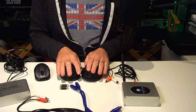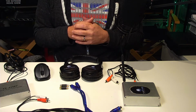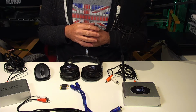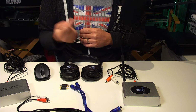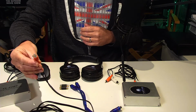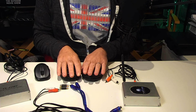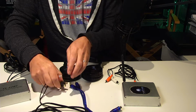So what I'm going to do here is go over a quick setup of exactly how we set the LED screen with the laptop to play. So the sound, instead of going into our audio system, we were just taking it straight out of the laptop using a simple headphone adapter to this. Now we wanted to put it onto both channels to make it really easy. So what we're going to do right here